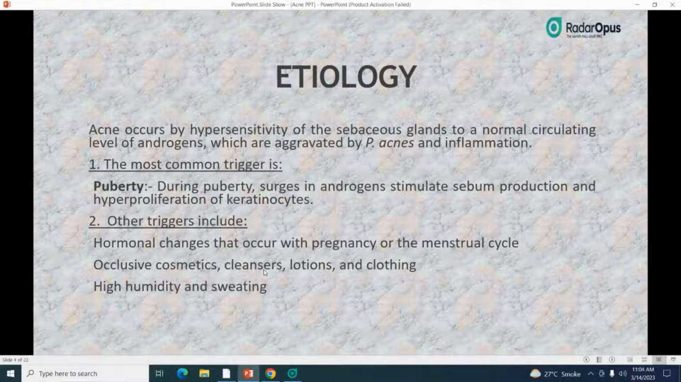My next slide is about etiology. Acne occurs by hypersensitivity of sebaceous glands to a normal circulating level of androgens, which are aggravated by P. acnes and inflammation. That is pilosebaceous acnes and inflammation. The most common trigger is puberty. Basically, during puberty, surges in androgens stimulate sebum production and